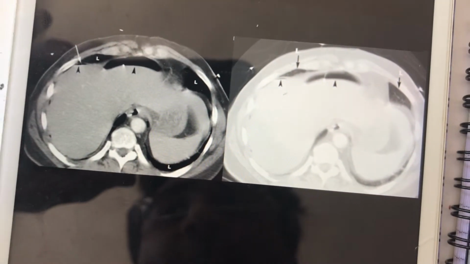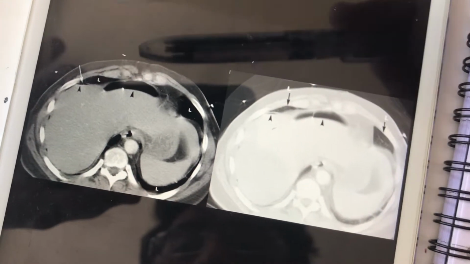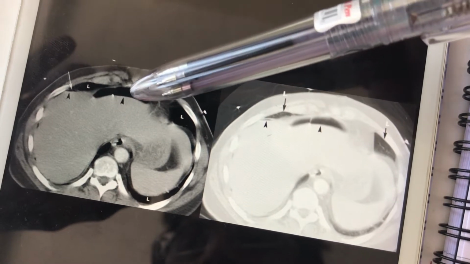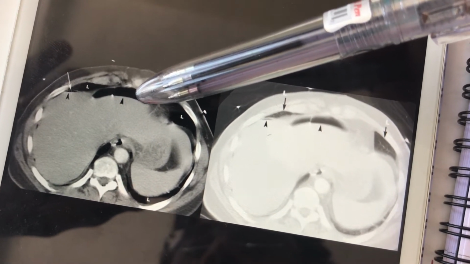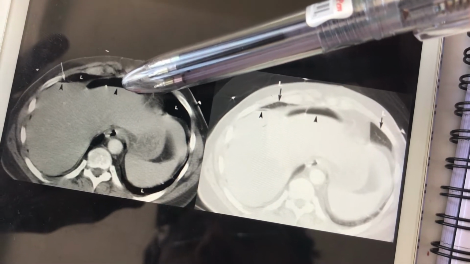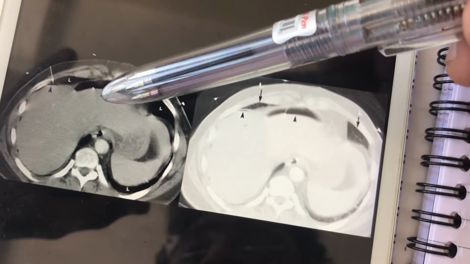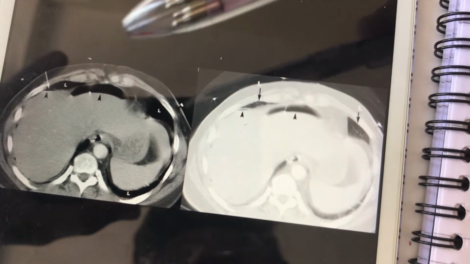So as you can see here, this is the axial view of our tummy, like of the abdomen. You can see there is a white arrow here. This represents the diaphragm, but the dark area you can see here is the subdiaphragmatic air. This is pneumoperitoneum. Pneumoperitoneum is suggestive of leakage of air in the peritoneum from some hollow visceral organs like our